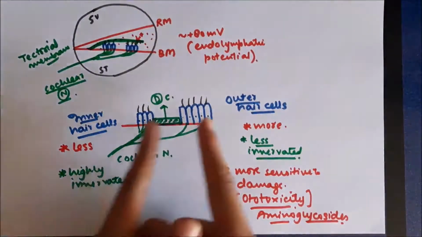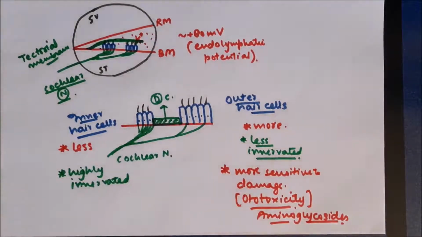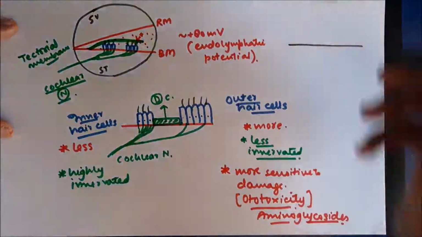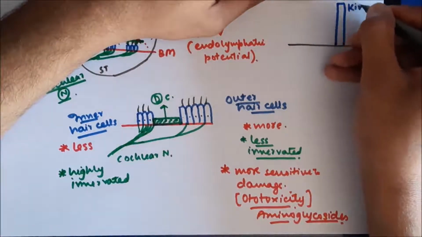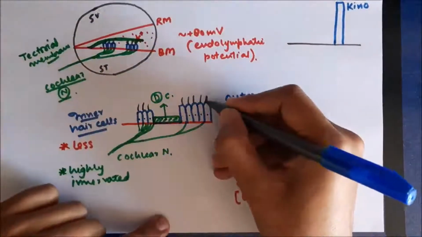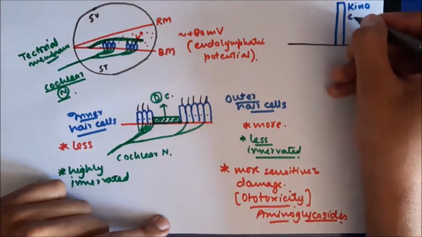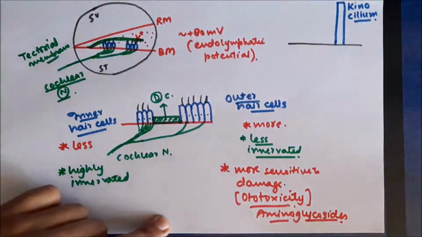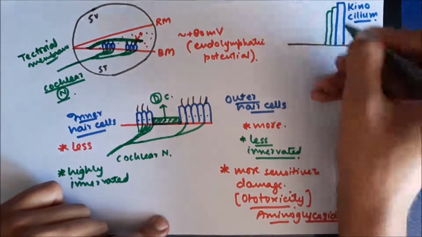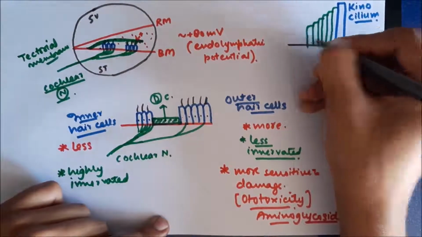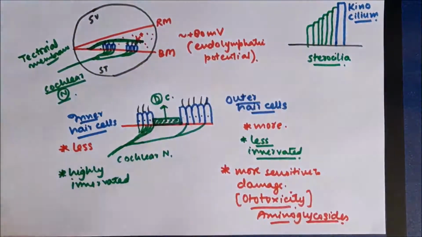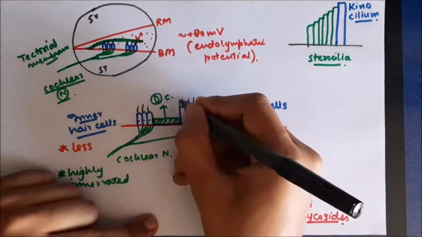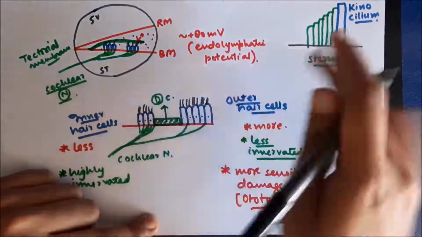Now on one hair cell, these cilia, stereocilia, are present. It's these cilia which are mainly responsible for generation of action potential. So if this is the top of a hair cell, these stereocilia are arranged in a particular fashion. One of the cilia is the largest in size. It's called kinocilium, which is present at one end. Other cilia decrease in size, and they are present adjacent to kinocilium, and they go on decreasing as we move away from kinocilium. They are called stereocilia. So we have kinocilium, which is the largest cilium, and stereocilia. These are present on the top of a hair cell.